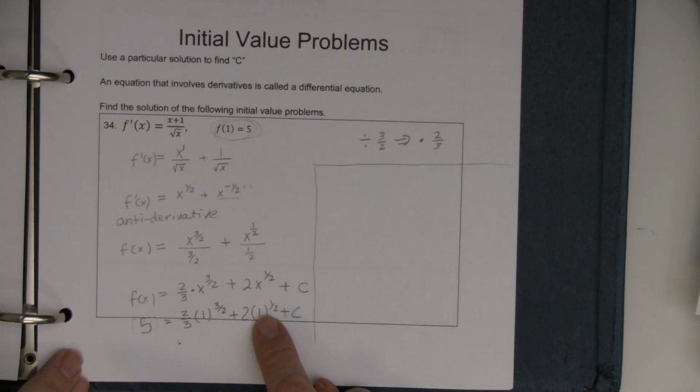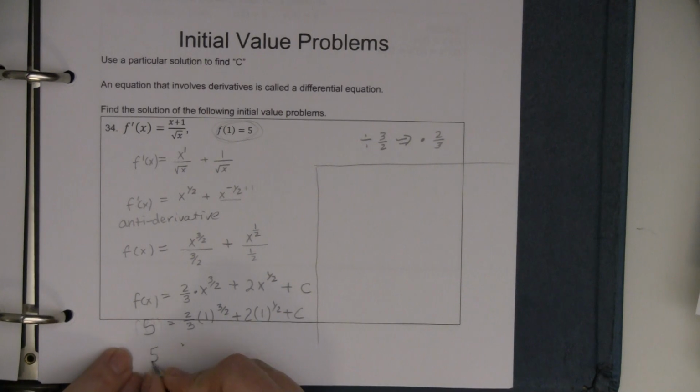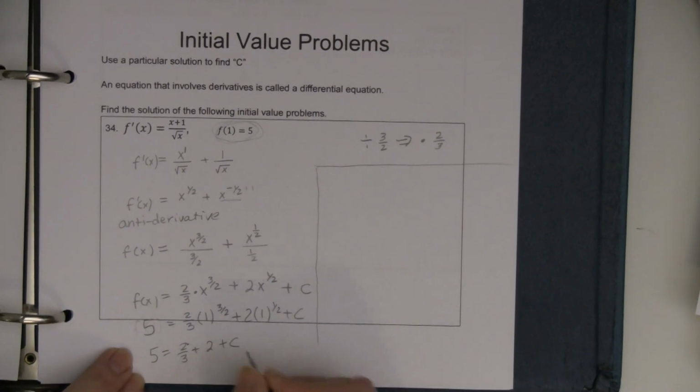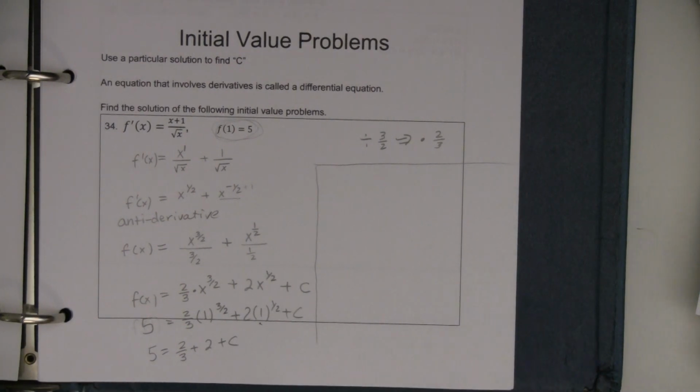And then that's just 2. So this is 5 equals 2/3 plus 2 plus C. And all I have to do is subtract that stuff to find what C is. So using my trusty handy dandy calculator, or your handy dandy head, whichever one you want to use, I got C is